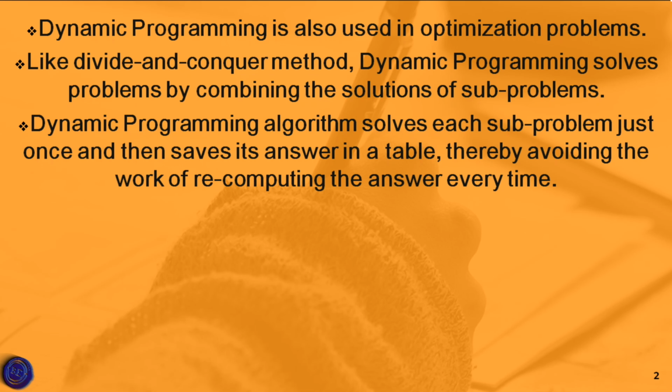Okay, so the major difference between divide and conquer and dynamic programming is that the solution for a given subproblem is stored inside a table, which is calculated only once, thereby avoiding the work of recomputing the answer every time. So in divide and conquer approach, we are going to find the solution of a subproblem a number of times, while in dynamic programming it doesn't, because we are storing the value inside a table. So there is no need of recomputing the answer a number of times.